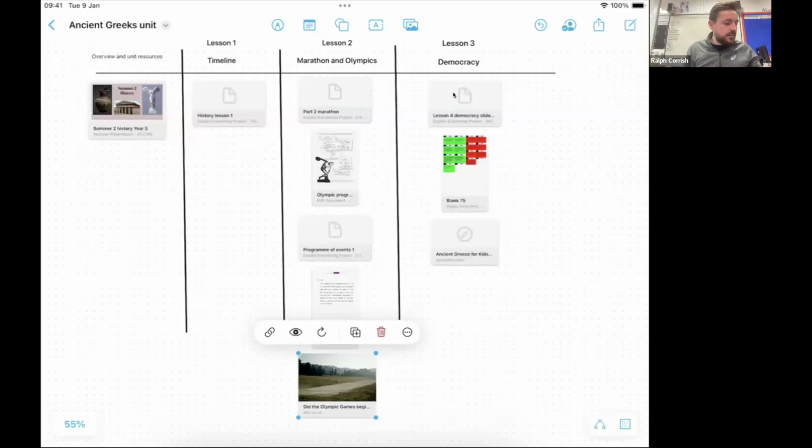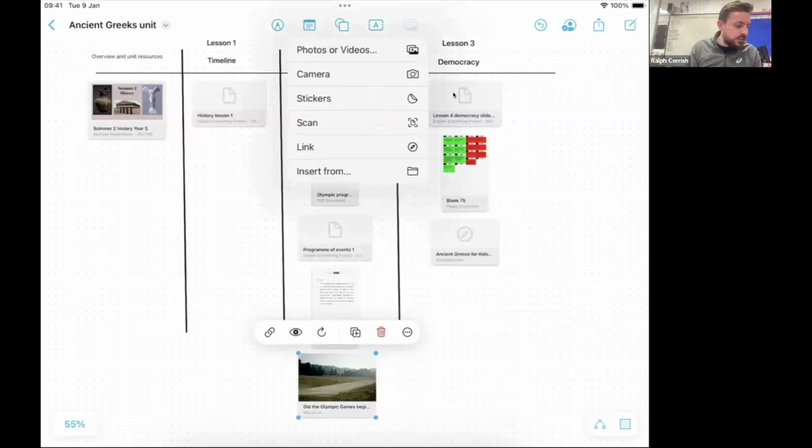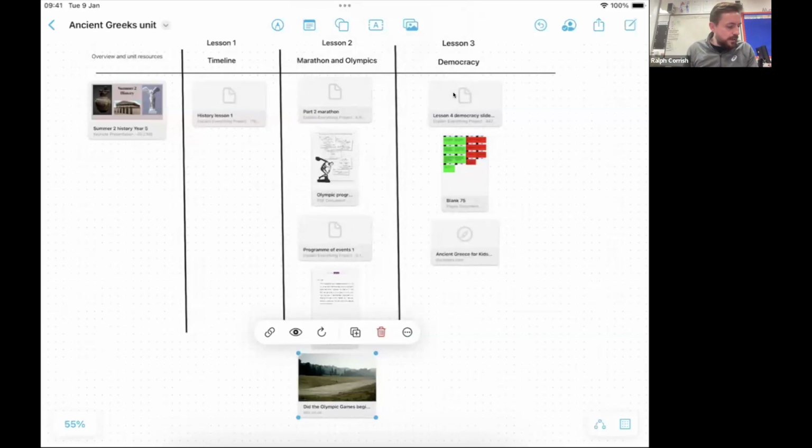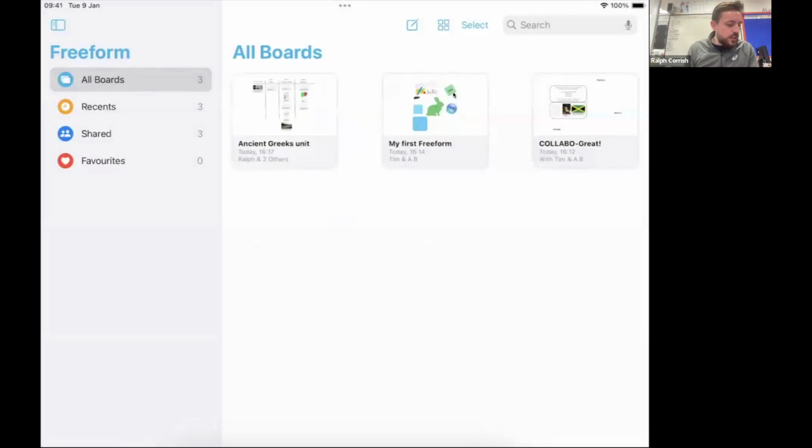So again, as Tim said, if there was anything else I wanted to add in there for the children to use, perhaps I wanted to add some photos, or some resources for them, then I could find it on here. If I wanted to add any text information, or if I wanted to do any kind of drawing, then that would be there. So yeah, as we said, if I go back out here, you can see the first freeform that Tim just